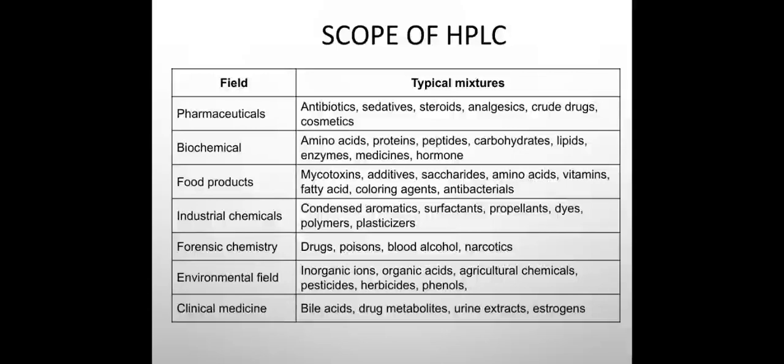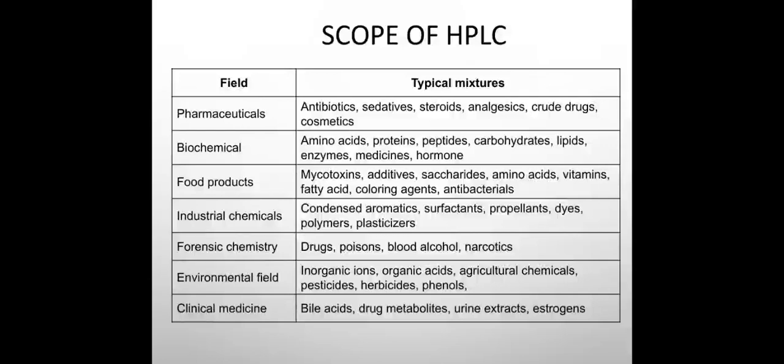Then in industrial chemistry, HPLC can be used to determine condensed aromatics, surfactants, propellants, dyes, polymers, and plasticizers. In forensic chemistry, it is used to determine drugs, poisons, blood alcohol, and narcotics. In the environmental field,